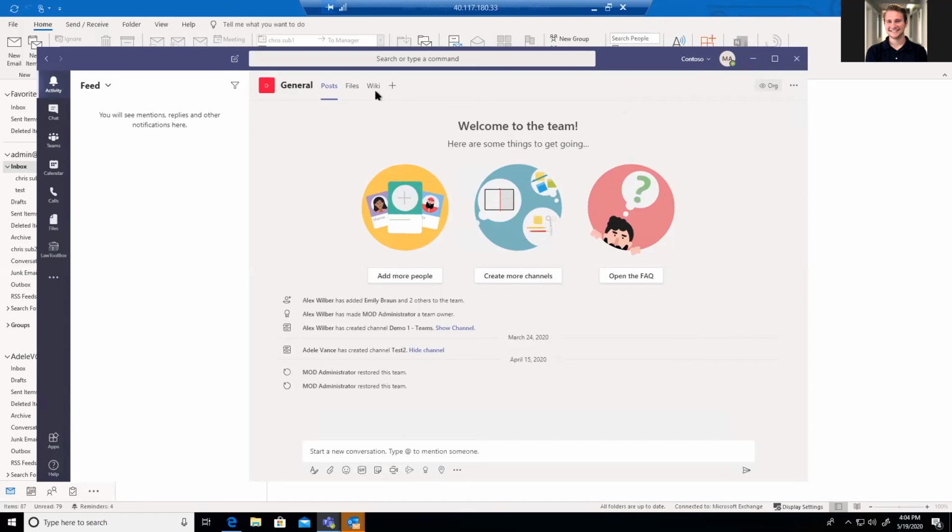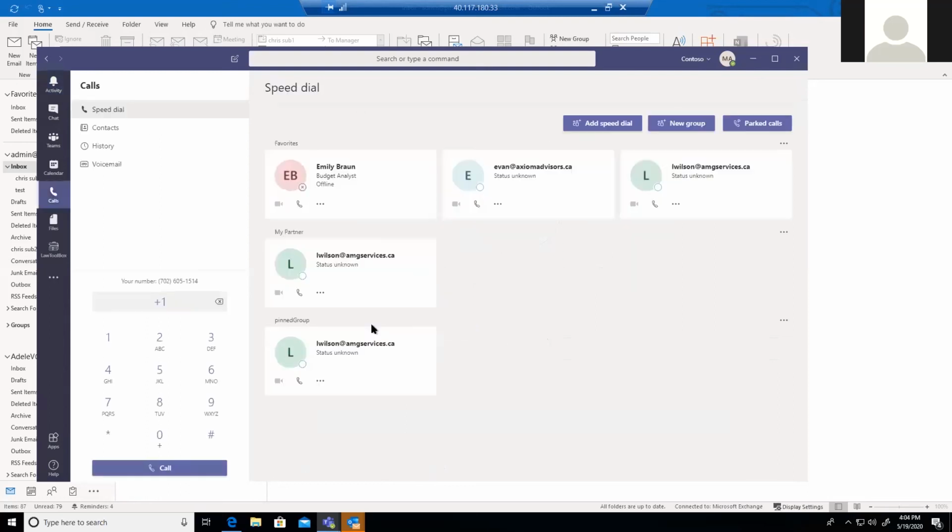Real quick though, we do have two more questions from the audience. First of all, Amy Wheeler, what callback number will someone see if we use this phone option? Okay, so first of all, when you have this phone option, you are being assigned a number, which you can see here at the right top. If in your organization the administrator has said that all the outgoing calls should be shown as an organization number, that is a caller ID functionality, which can be set up by the administrator. So you don't need to worry about that. But if they have not done it, it will be showing your work number, which is this one, which is assigned to you.